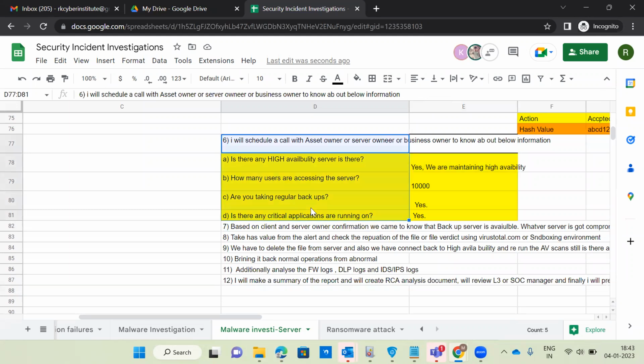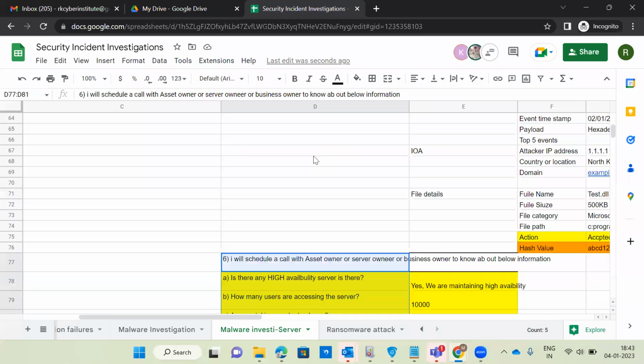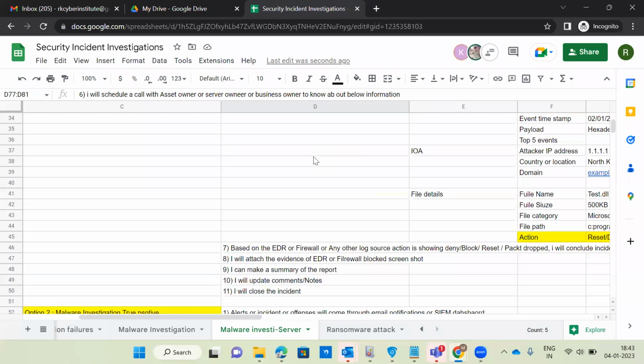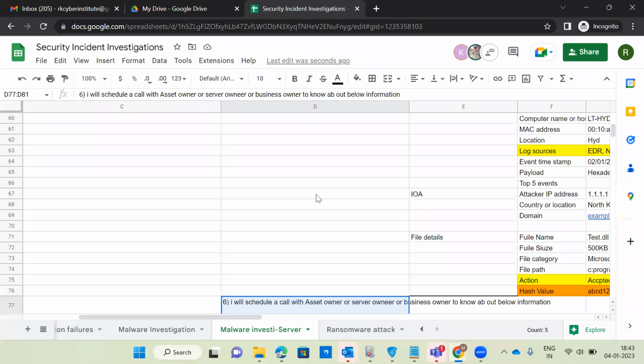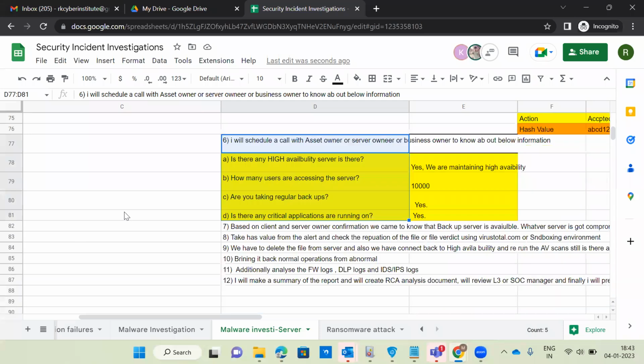Now I have one question, guys. You explained this: one of the servers got compromised by malware, and you explained the entire process, whatever I discussed and we are discussing now. They ask back, why did the server get compromised? What answer will you give? Why did the server get compromised? Because